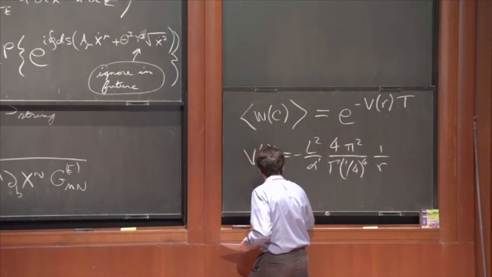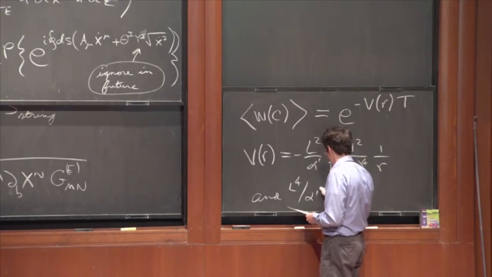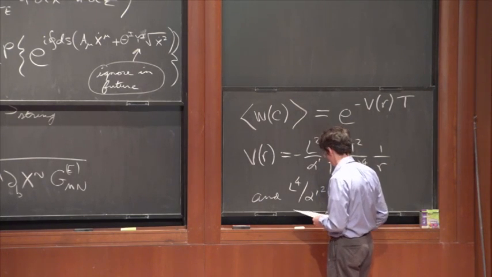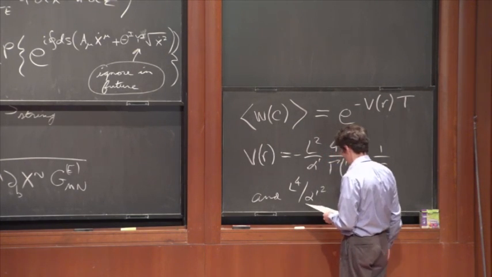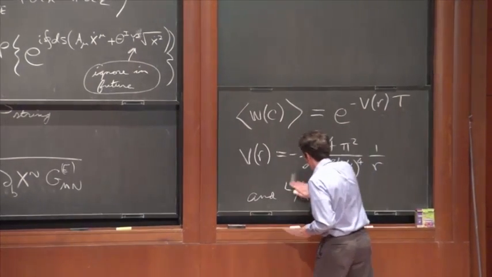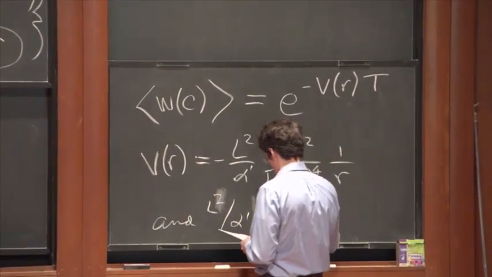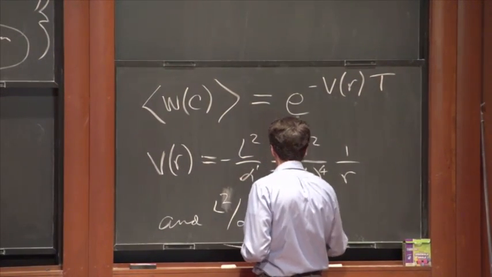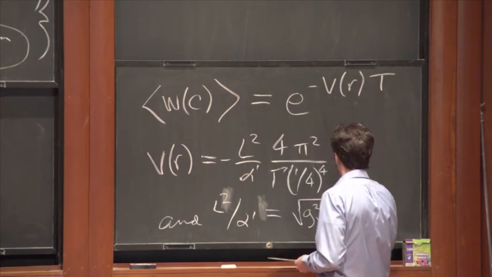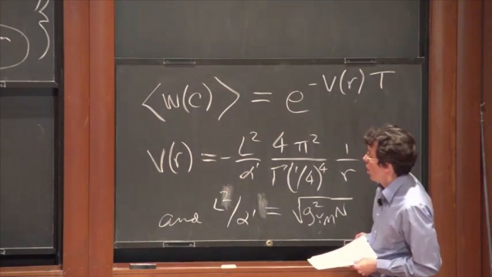And L to the fourth over alpha prime squared, pardon me, I'm having a moment of hesitation over factors here. L squared over alpha prime equals the square root of the 't Hooft coupling. Okay, so